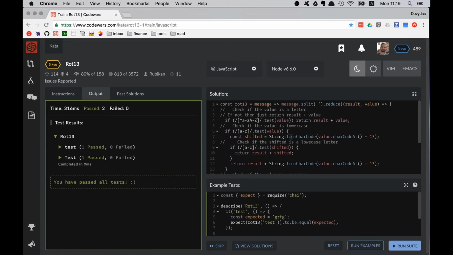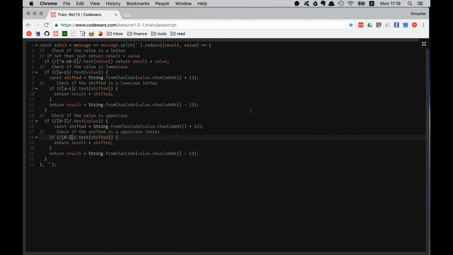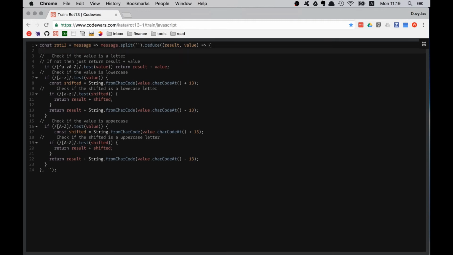Excellent, that worked. However, you might be thinking, wow, stop what you're doing. You should not be copy pasting code all around. That's not very DRY. And I'm repeating myself quite a lot. And a perfect thing to deal with it is just to create a function. So I'm going to create another function inside this first function. I'm going to name it